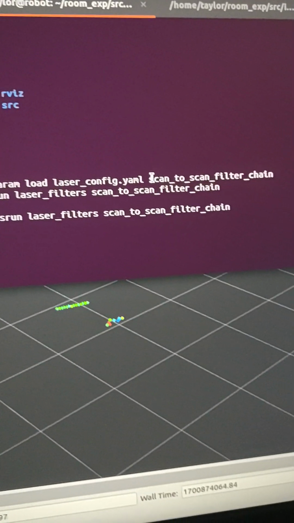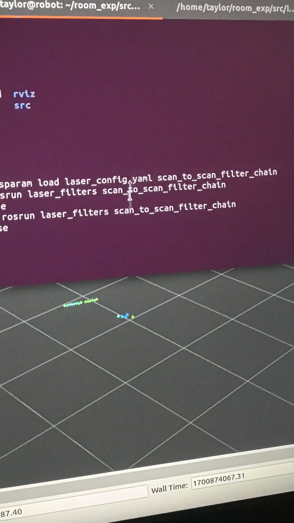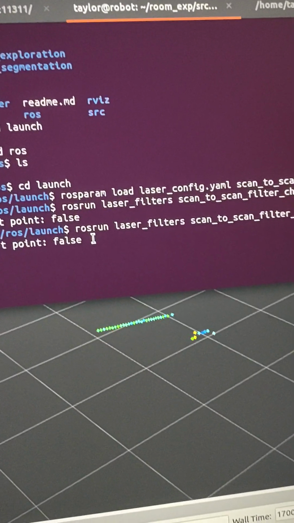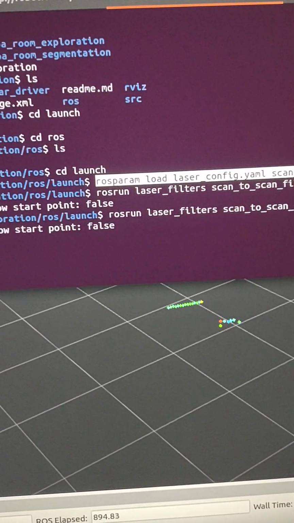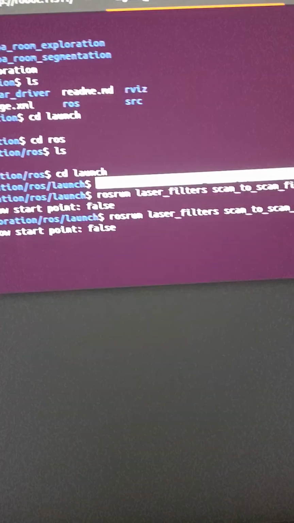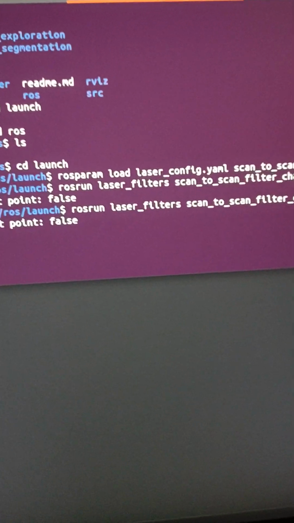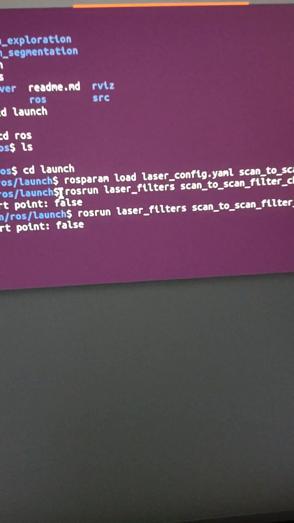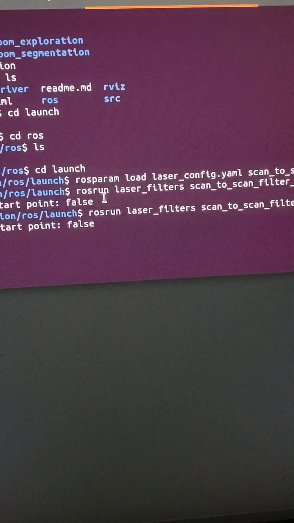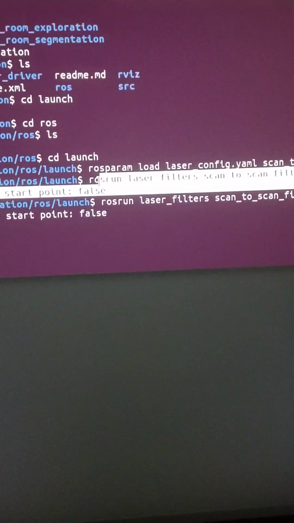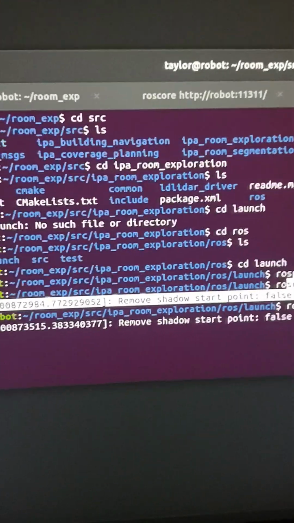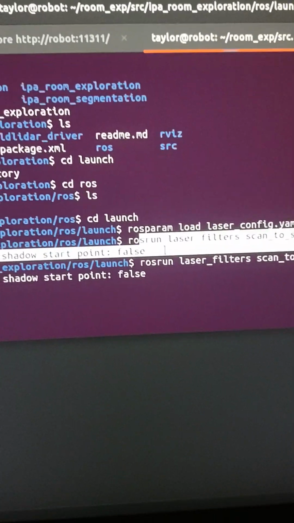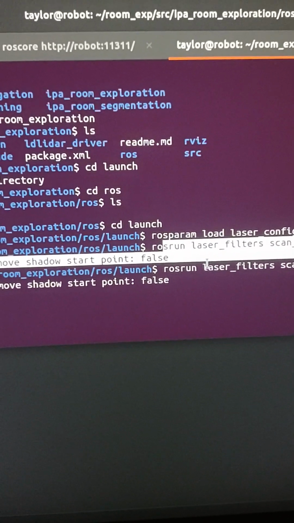What I'm only using in this is the scan to scan filter chain node from the package, and you'll load the YAML file that I showed previously right here with the scan to scan filter chain node. So once you run that, it told me that the remove shadow start point is false, which I'm not super sure what that means,